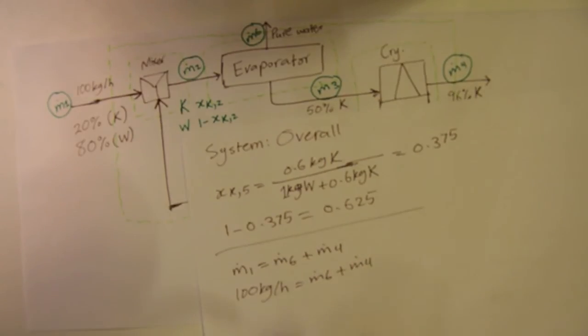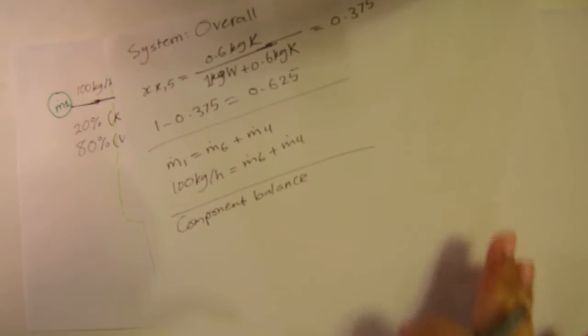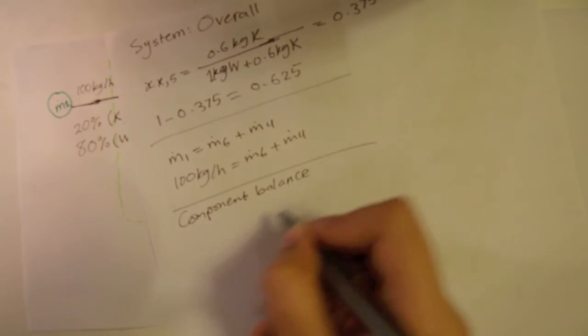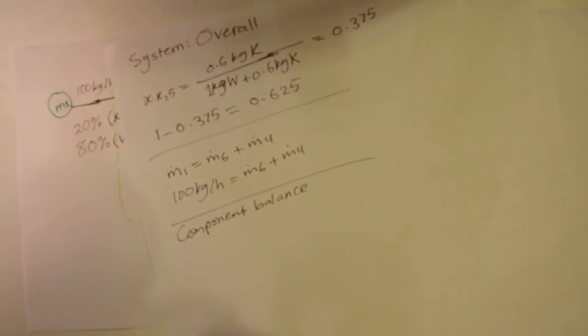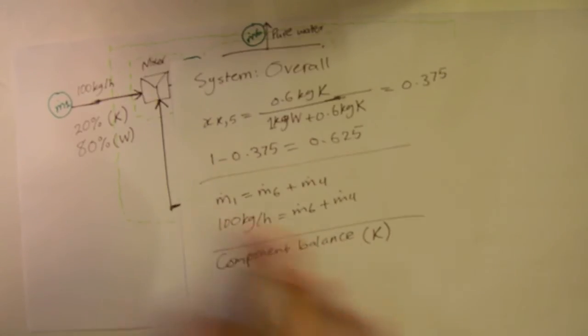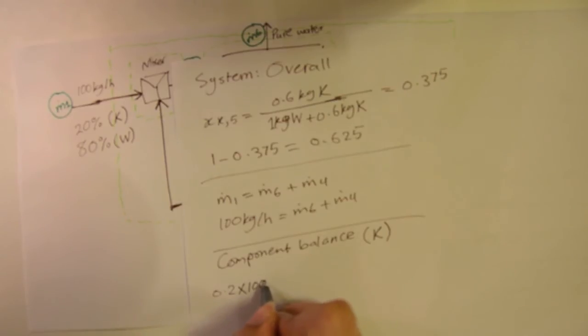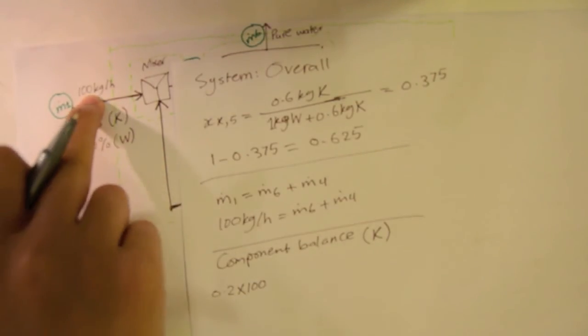Okay, how can we do that? We can do it from component balance. So the component balance is like doing the balance for each component. So I'll start with K. K in M1 is 20%, which is 0.2, multiplying by 100, which is the value of M1,